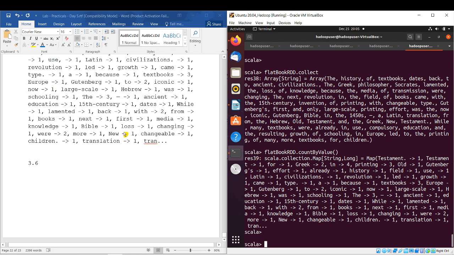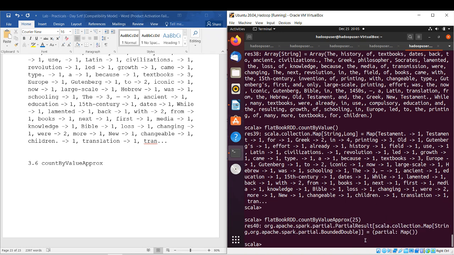And we have seen count by value. Similarly, you also have a count by value approx. So what does a count by value approx do? Based on a time interval, it will give you some arbitrary value. So let's say I type 25 milliseconds and